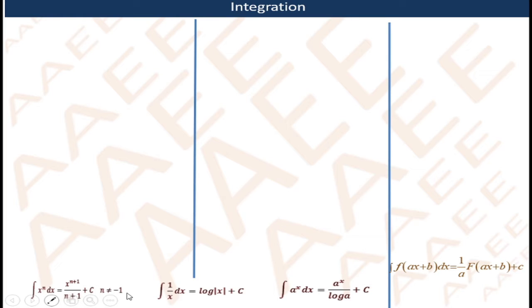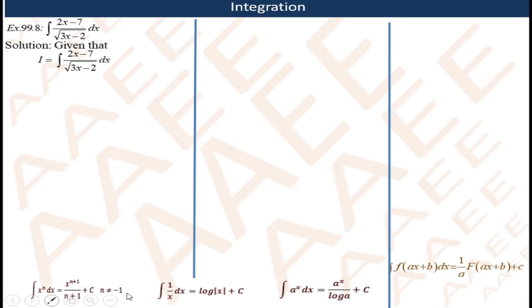These are the formulas we have already seen, on the basis of derivatives, which we studied in the first session. Now we are going to see the examples which are based on these standard formulas. First one, it is sum number 8, page number 99: integration of 2x minus 7 upon under root of 3x minus 2 dx.